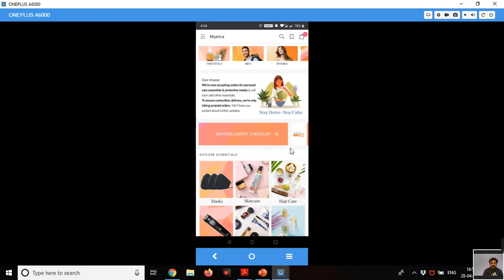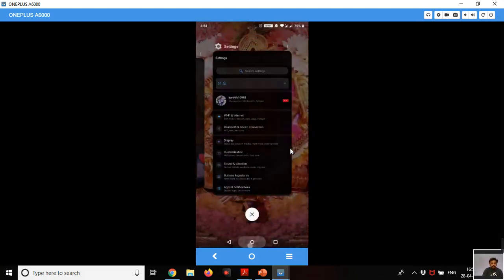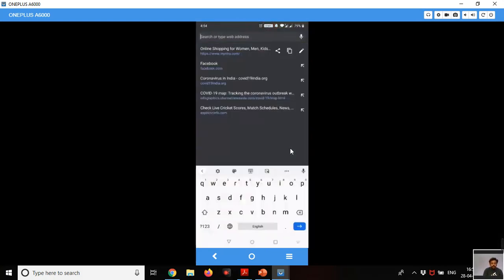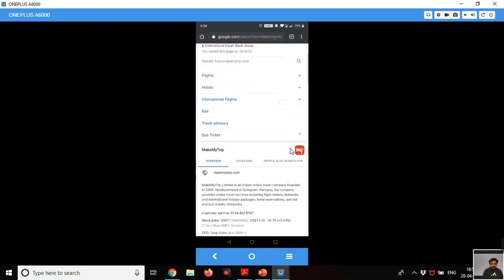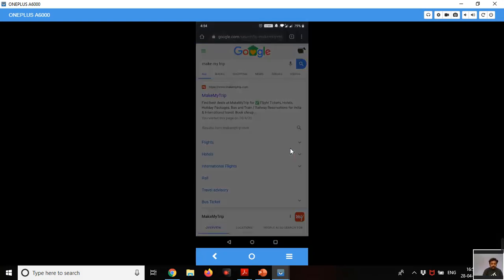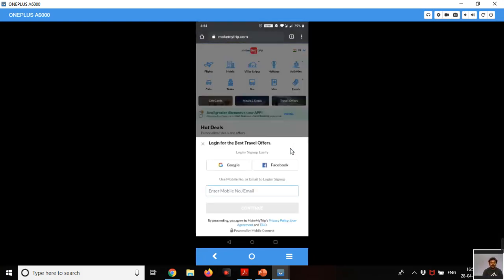In the same way, I will show one more example with Make My Trip. I already have the makemytrip.com application, still I will open Make My Trip. It will ask whether I should open it. Yes, Make My Trip. You can see it's the makemytrip.com URL.